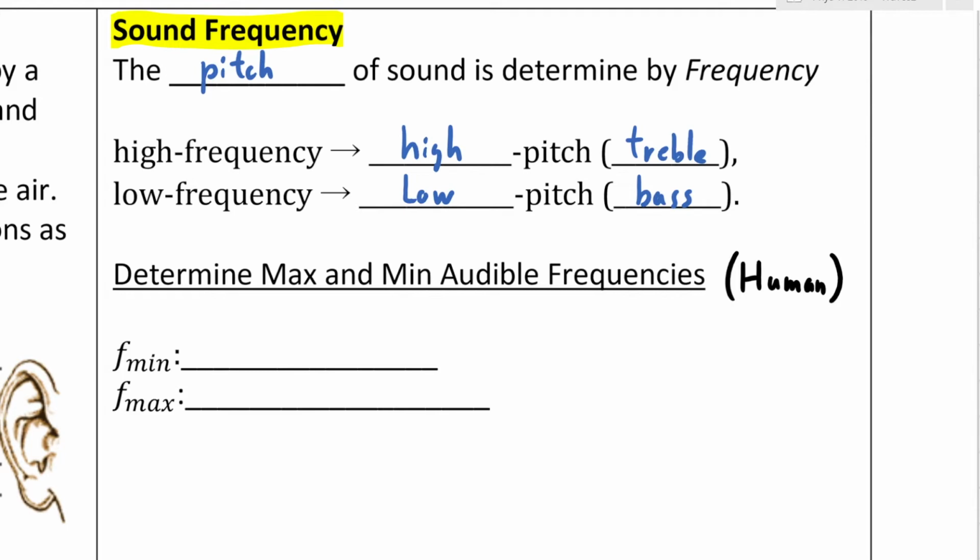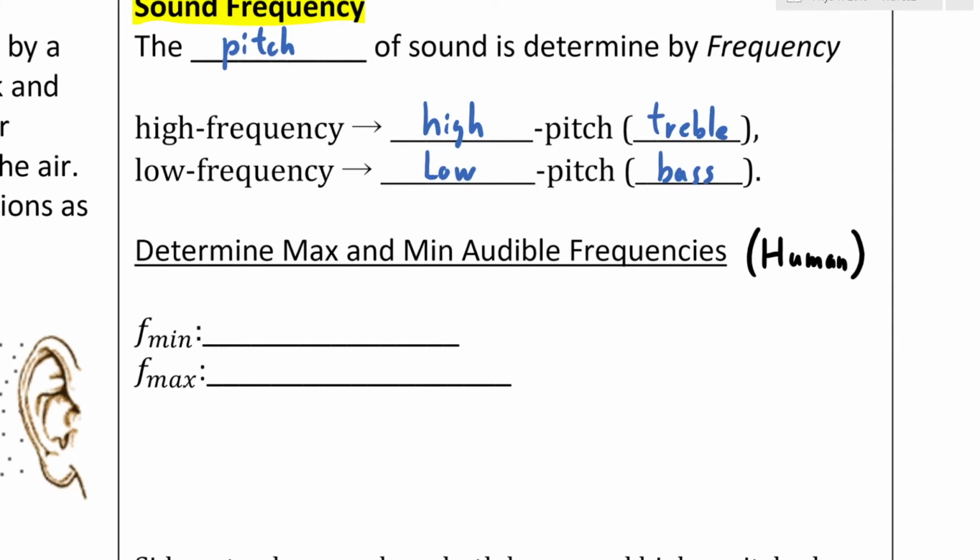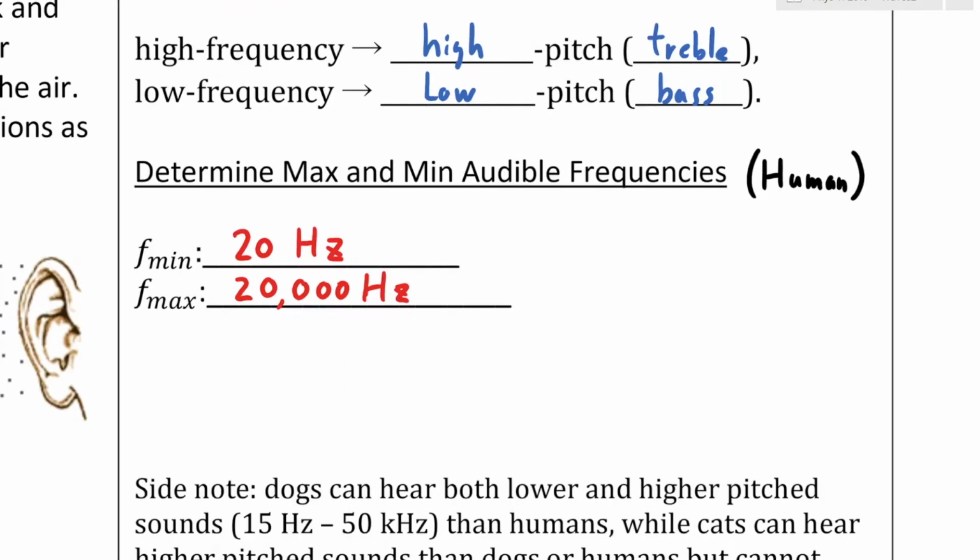Okay, welcome back. I assume that you already watched the video about the audible human frequency. What we have discovered is that humans, generally speaking, can hear somewhere between 20 hertz to 20 kilohertz. Now, 20 kilohertz means 20,000 hertz. Anything with a higher frequency than 20,000 hertz, we have trouble hearing, and anything lower than 20 hertz, a sound that's really low pitch, we also have trouble hearing.